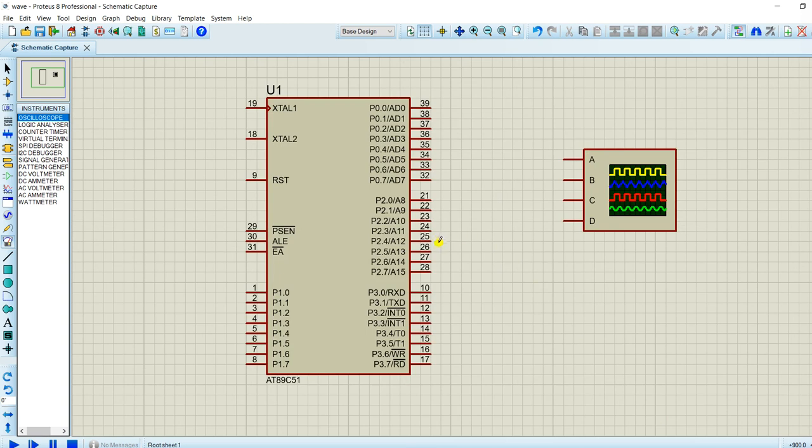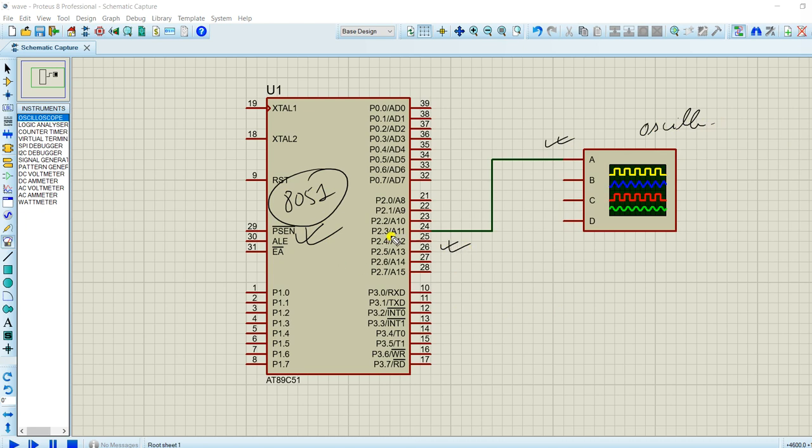Now we have to connect port P2.3 to the oscilloscope. Now we can see that we have connected this port to channel A of the oscilloscope. This is our oscilloscope and this is our microcontroller 8051.